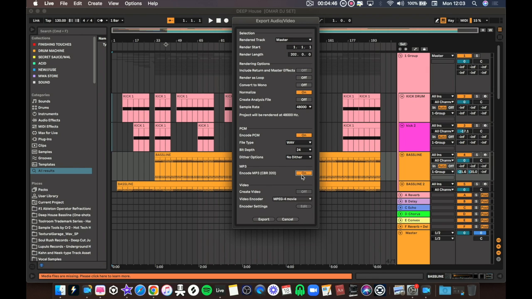So I have this on, so you get a copy of the track in an MP3 as well. If you've got enough space on your hard drive, that's good to have. And basically that will give you 2 copies, so you have a WAV copy and an MP3 copy. So 2 copies for you to use. Sometimes when you're DJing, some decks only like MP3s and not WAVs, so that's why it's good to have that there. And then video, I've got this off, and you just click export